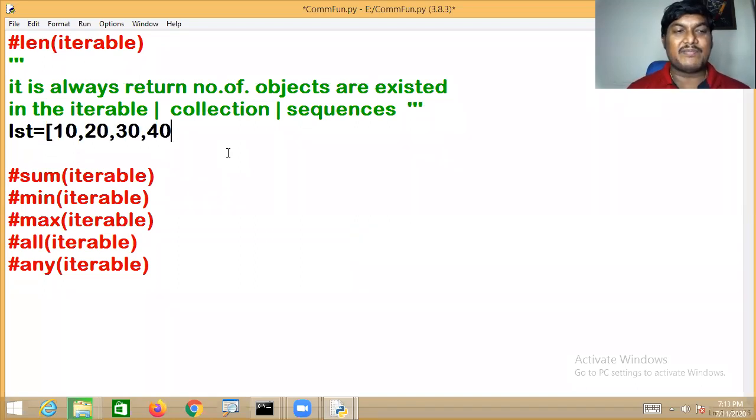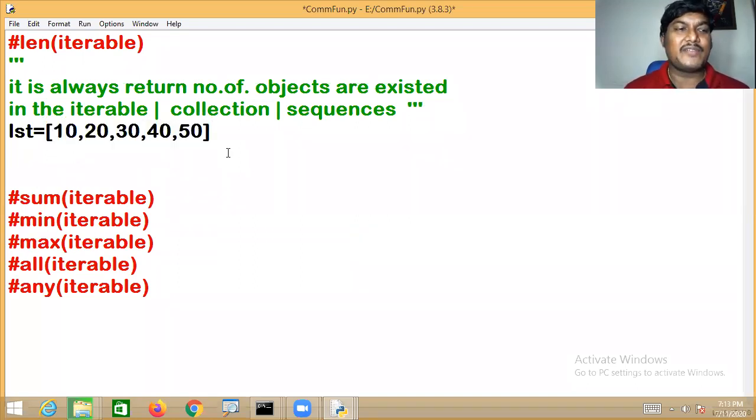I will take some items and I want to know how many items are there in it. So simply len of LST, where LST is a list collection. It counts the total number of objects in it and returns it.